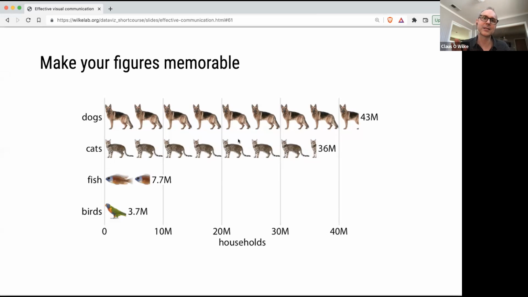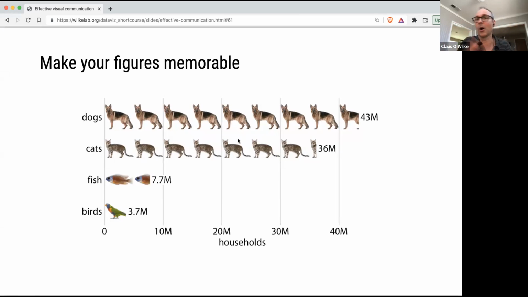So there's this long history of a person who will not be named to introduce the idea of chart junk. And at the time, you can certainly overdo it and you can produce atrocious visualizations and charts, and it's good to clean them up and not overload them with unnecessary detail and so on. But at the same time, research now has clearly shown that these kinds of things, like using pictograms,